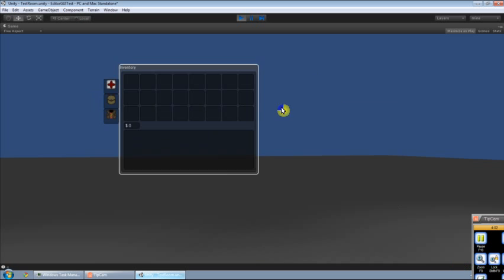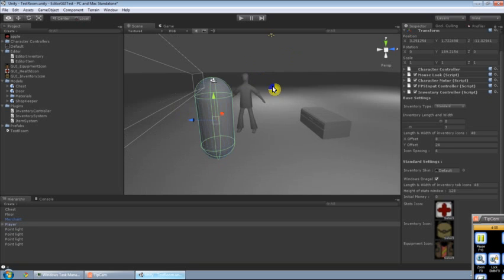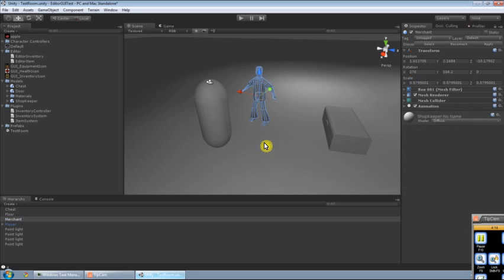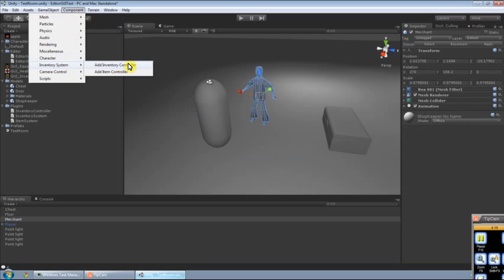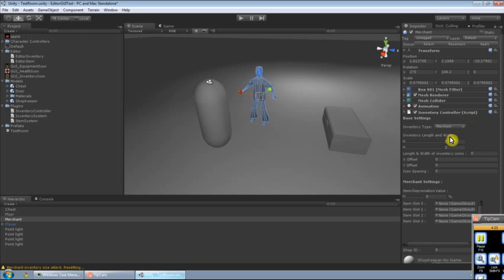Notice how the window is not draggable because I have checked this box. But let's say you want to make a merchant. Well, I'll show you how to do it. Show you how simple it is now. I'm just going to remove the merchant component. All you gotta do is go to Component, Inventory System, Add Inventory Controller. Go over here, select Merchant, give him an inventory size,